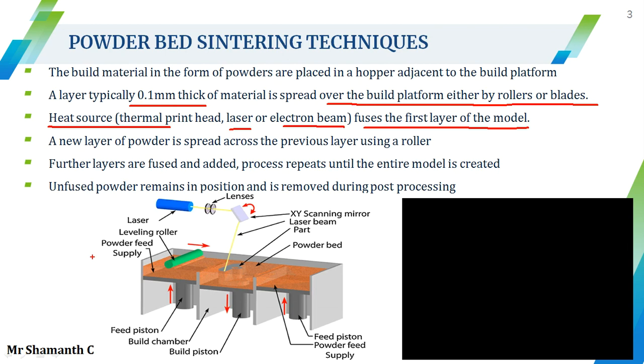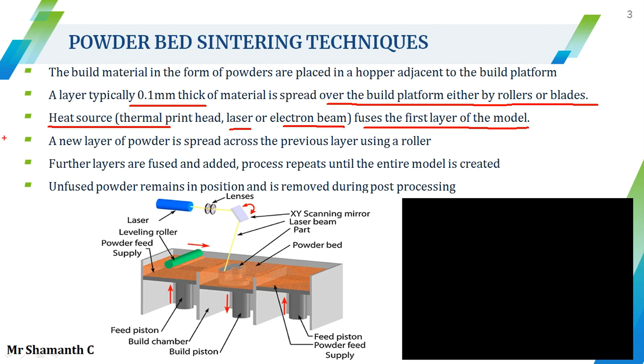So it is selectively depositing the layer, that is the laser light, in a particular area. The entire area will not be deposited by the laser or the heat source. You can select exactly where the laser has to fall so that the entire part will be built